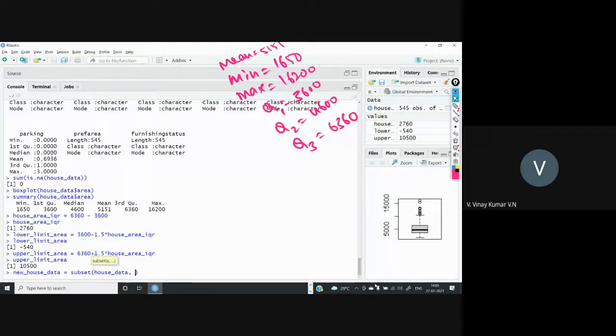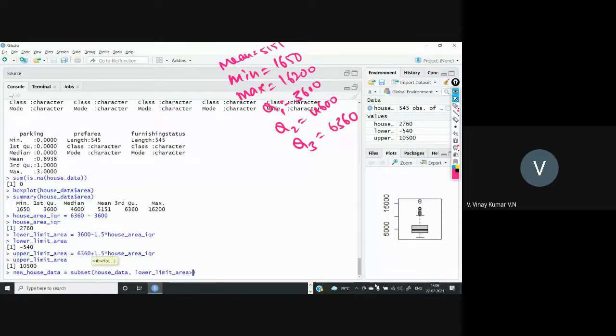So I take lower_limit_area. If you feel it is uncomfortable, you can just use the value itself, which is minus 540. We want values greater than minus 540 and we remove those less than that. So your value should be greater than this lower limit.